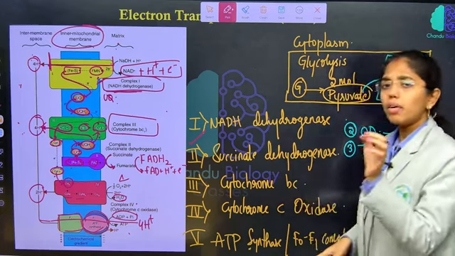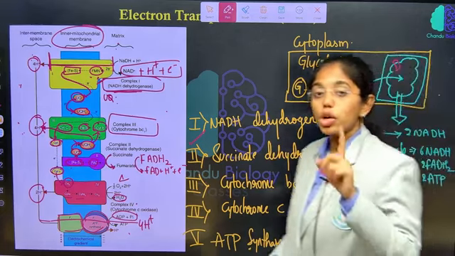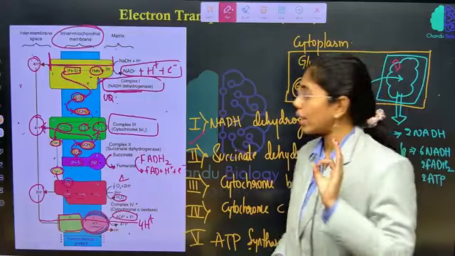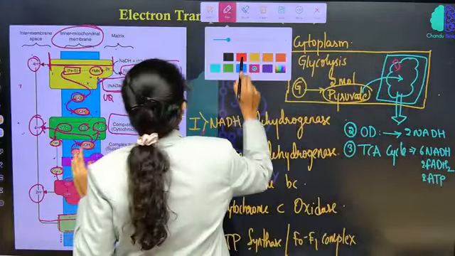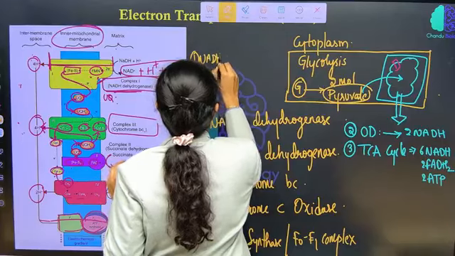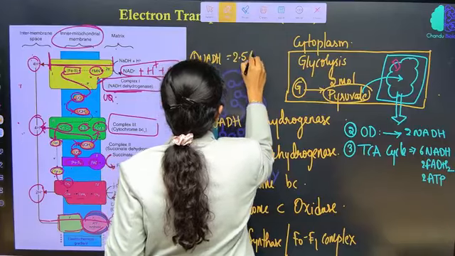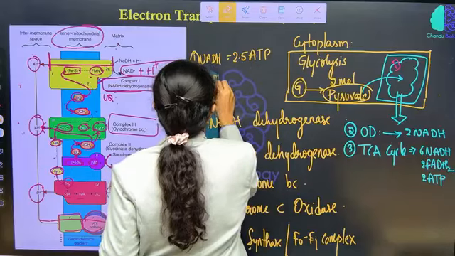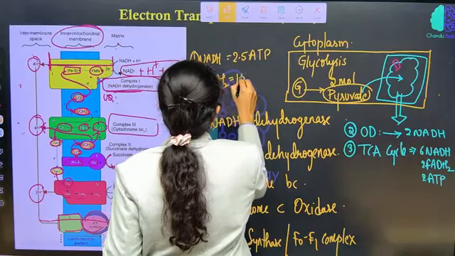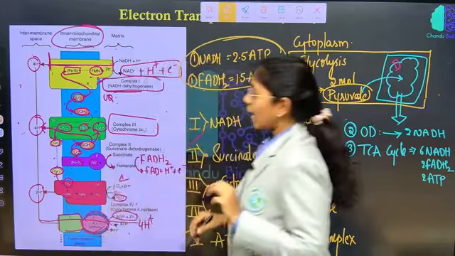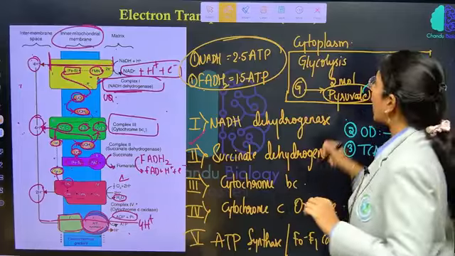Clear, right? And here one more major point. For 1 NADH molecule, accurately 2.5 ATP is synthesized, and for 1 FADH2 molecule, 1.5 ATP is synthesized. Clear till here? Any doubts anywhere? Fine, right? And now,